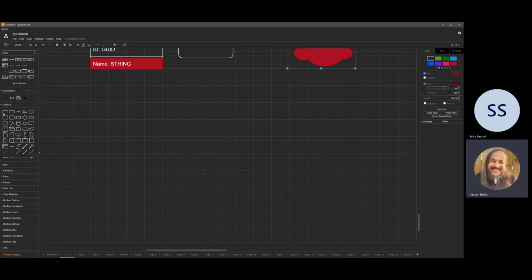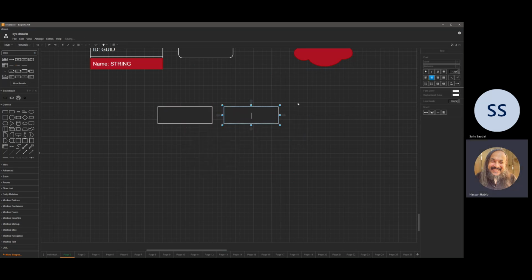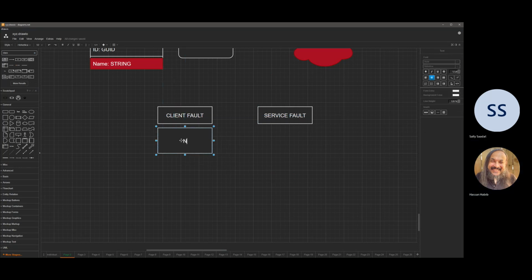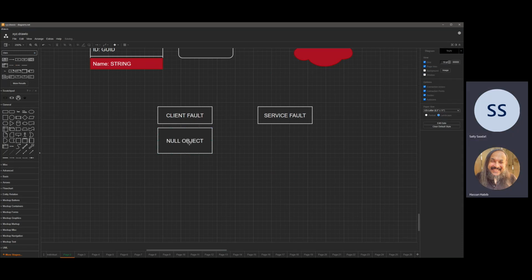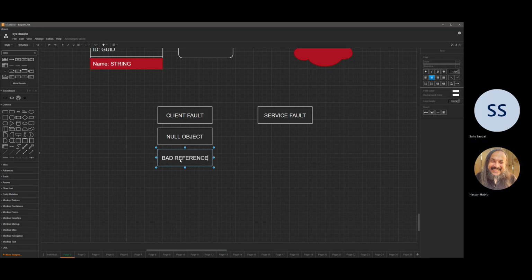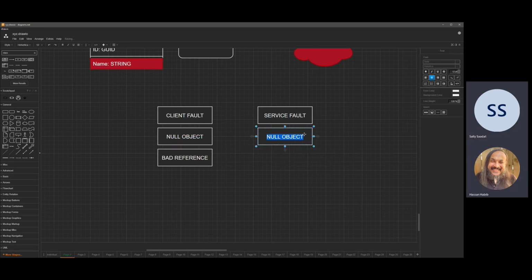So here's the golden rule for you. If something is a server fault or a client fault, a service fault or a client fault. What that means is, if you are sending in a bad object, that's on you, right? If you're sending in a bad reference, it's on you. What about here? If the server is down, an internal error,